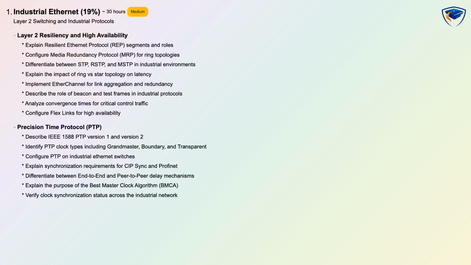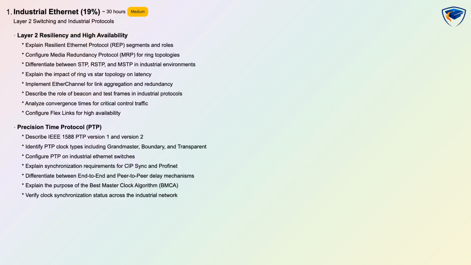The Industrial Ethernet domain is 19% of the exam and focuses on Layer 2 switching and industrial protocols. It is rated medium difficulty and requires about 30 hours of study with hands-on and conceptual assessment. You will learn resiliency and high availability concepts such as resilient Ethernet protocol segments, media redundancy protocol for rings, and how STP, RSTP and MSTP behave in industrial environments. You will also study time synchronization with IEEE 1588 PTP, clock types and BMCA, and how synchronization supports CIP Sync